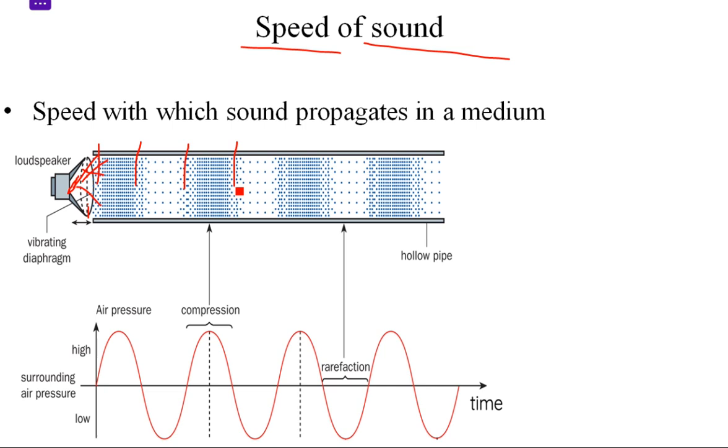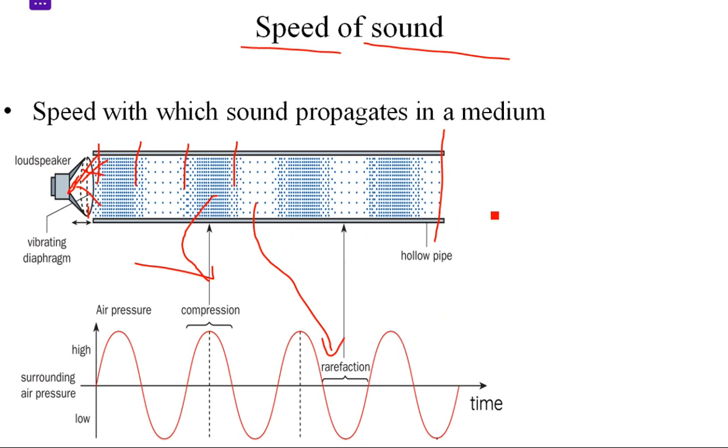At some places the particles are very close to each other, a high density region, which is called compression, and at other places the particles are far away from each other, so this region is called rarefaction. The disturbance which is created here is getting transferred, because of oscillating particles, in the form of compression and rarefaction, to the second end of this particular rod. So this is how energy is transferred from one place to another, and if it is getting transferred in all directions, again it will form a ripple.